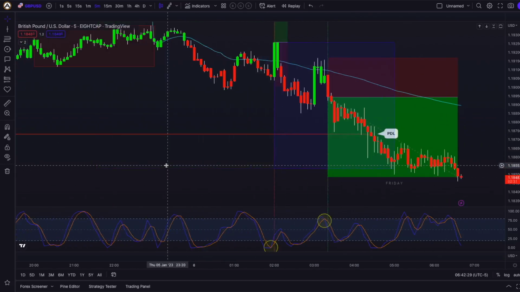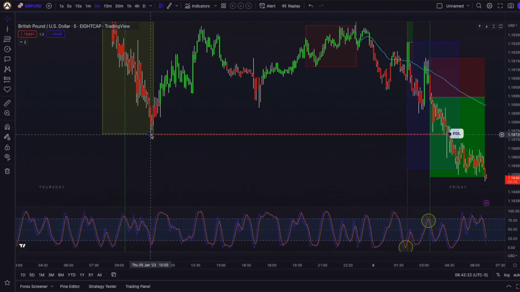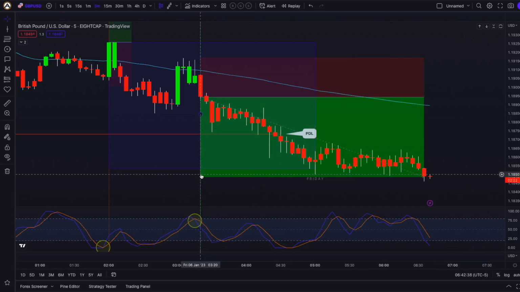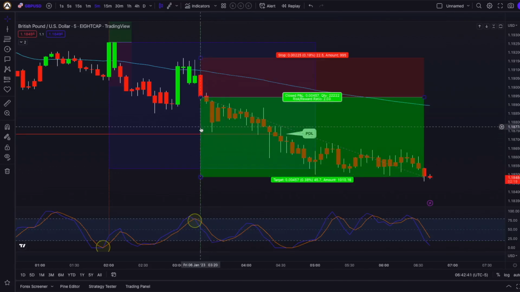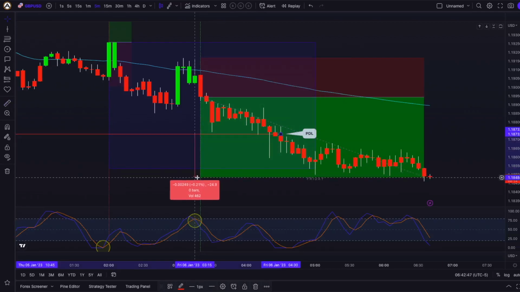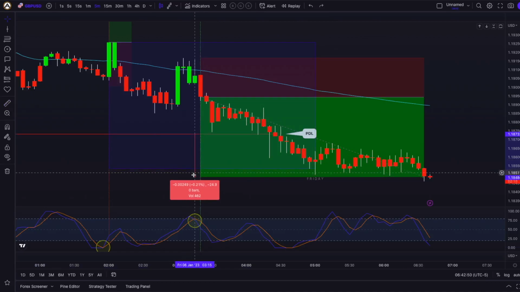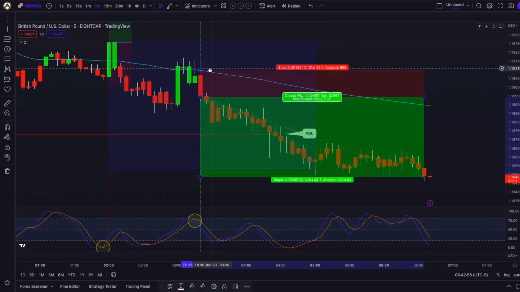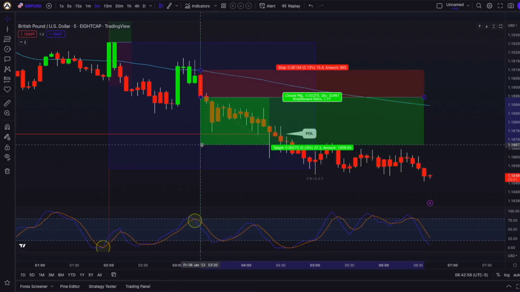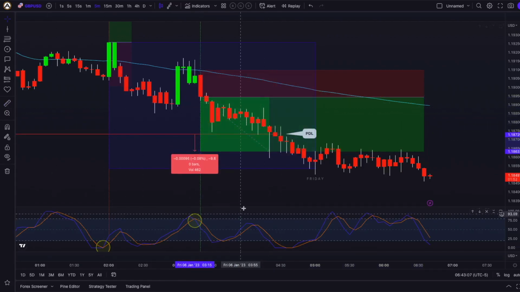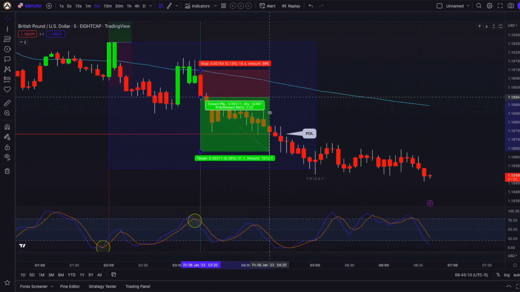So that's the reasoning. Also, because we had our previous day low sitting right here at this level, at 18732. So I didn't want my take profit target to be almost, let me measure it out, 20 pips, so we could say 25 pips below our previous day low. I simply didn't want that, so I decided to go with a smaller stop loss of 15 pips, placing my stop loss right here on the VWAP for a very simple 2-to-1 risk reward ratio, only I think 5 or 6 pips, 10 pips actually, below our previous day low,